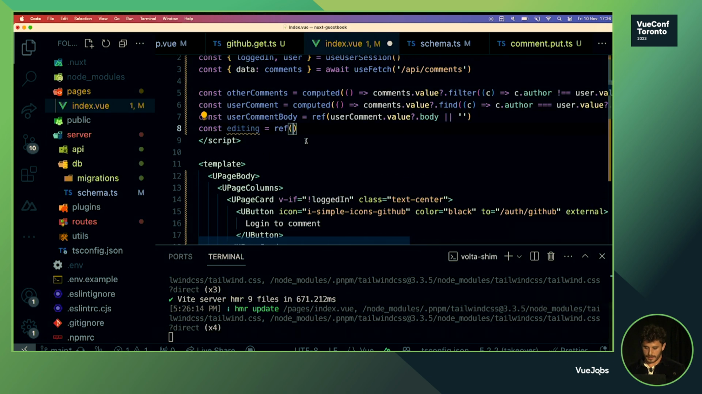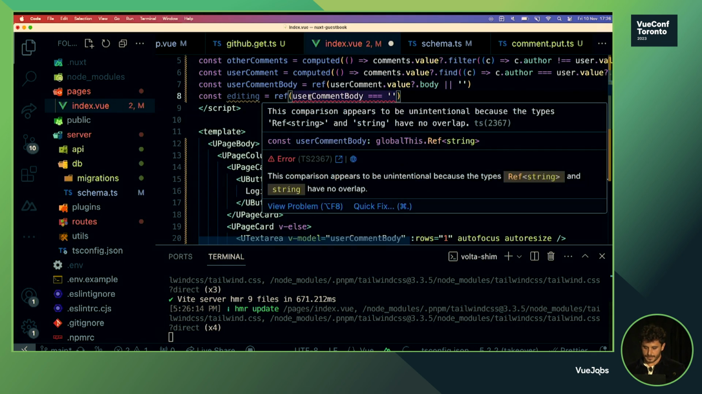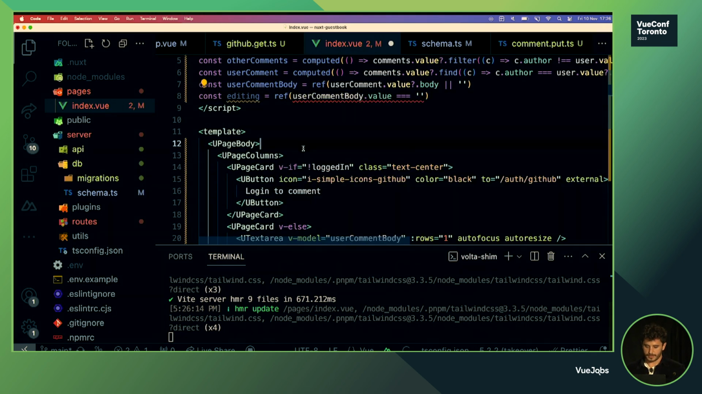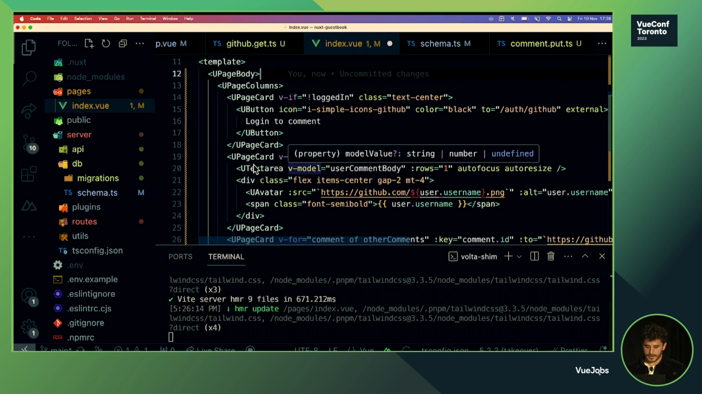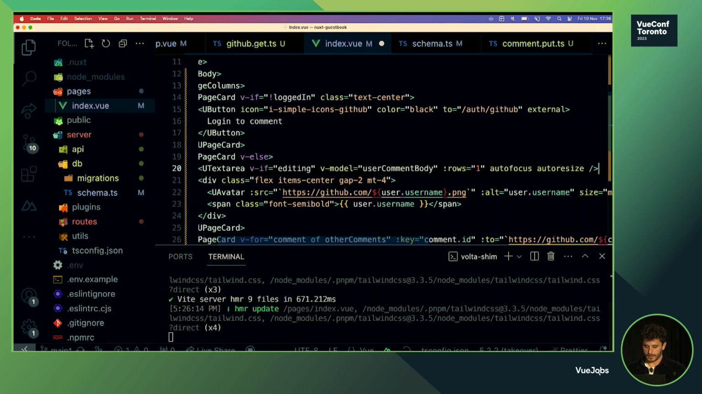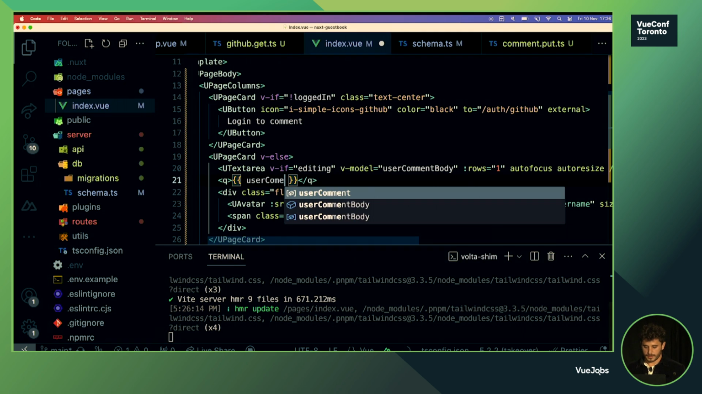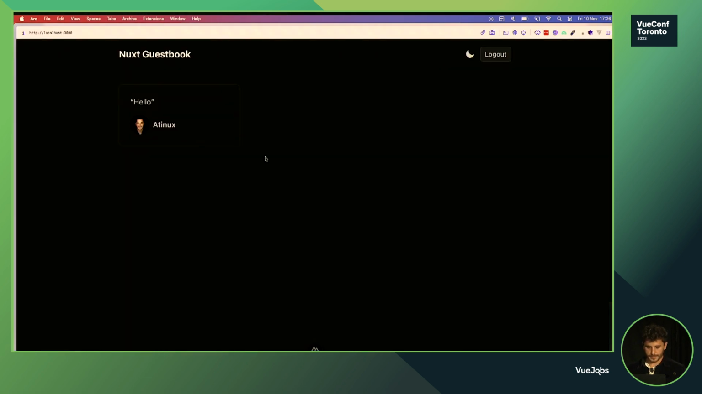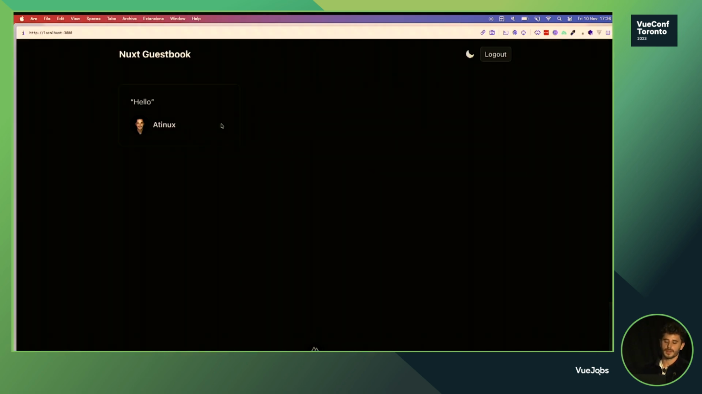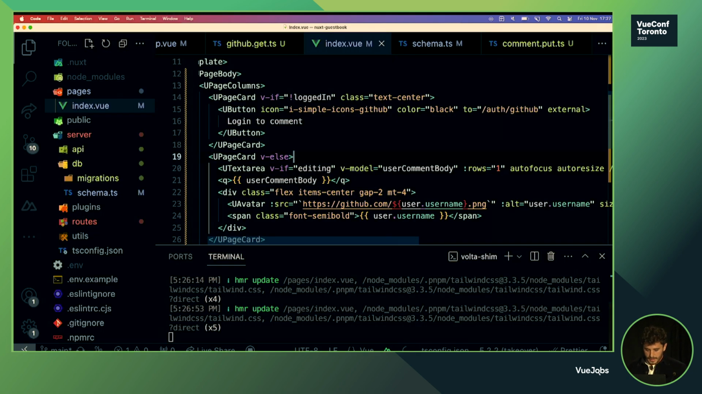That says you're editing only if it's equal to empty, so the first time. Dot value, thank you. And let's display this only if I'm editing, otherwise I will display my user comment body. So since I already commented with the API, it displays directly my comment. I can do